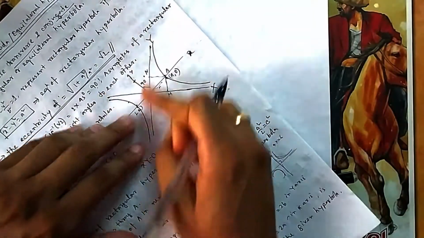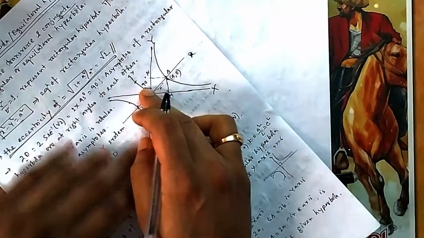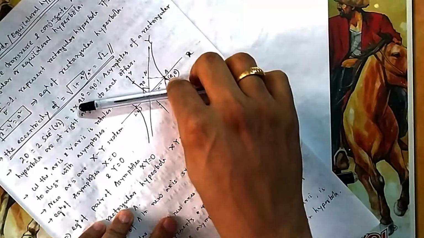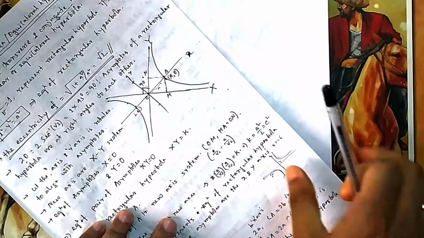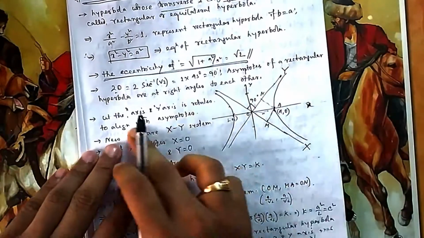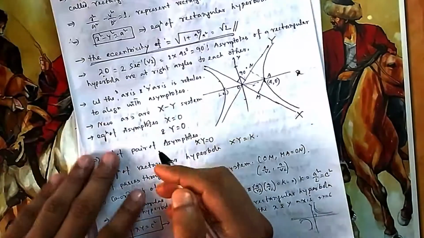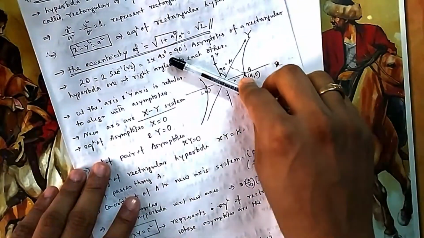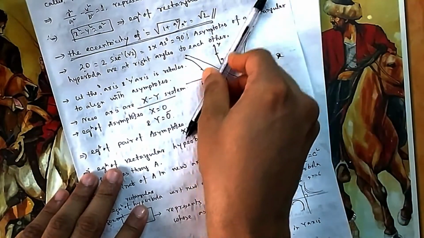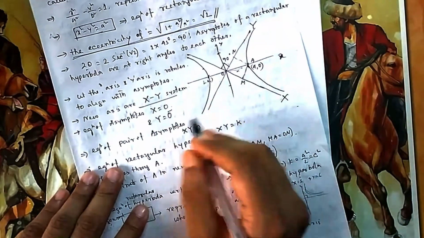So this is the rectangular hyperbola. I want to find the equation of this rectangular hyperbola, because these x-axis and y-axis are also at 90 degrees. Suppose your axes become asymptotes, that is the conclusion I want to make. Suppose my axes become asymptotes, then what is the equation of the rectangular hyperbola? So if the x-axis and y-axis are both rotated along with the asymptotes, this x-axis becomes this, this y-axis becomes this. This has become asymptotes. So in the new xy system, this is the new capital X, this is the new capital Y. One asymptote is capital X equal to 0, because it is the capital Y axis. The other asymptote is the X axis, that means capital Y is 0.